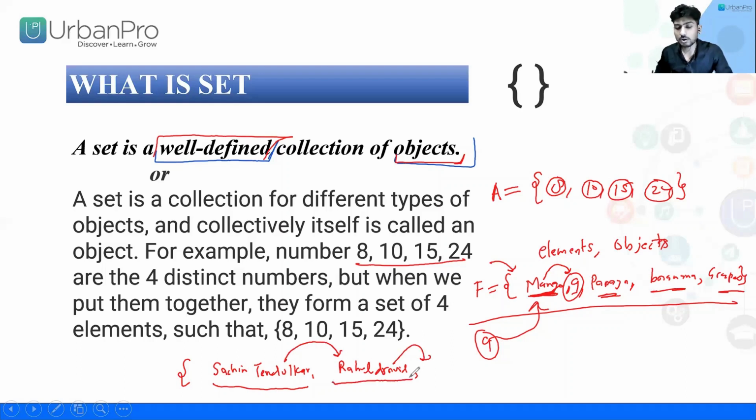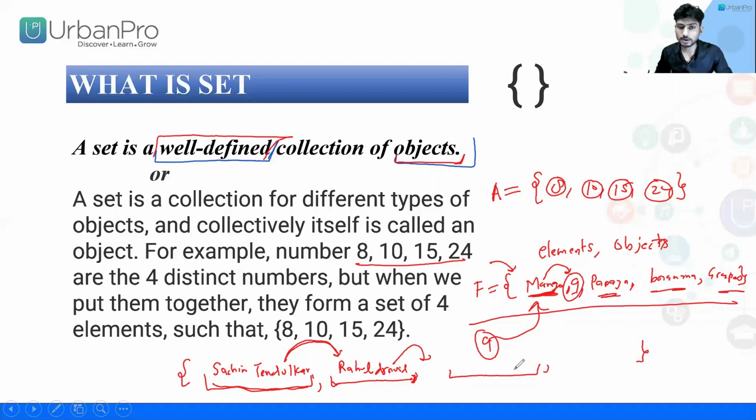Means we can say that Rahul Dravid is the best bowler, Sachin Tendulkar is the best batsman, and another is the best catcher or best scorer. Okay, IPL scorer, most scorer. Okay, so all these are the 10 batsmen, but the criteria will change from element to element. You see this? Because Sachin Tendulkar is the best batsman, Rahul Dravid is the best bowler, and Virat Kohli is the highest scorer in the IPL.